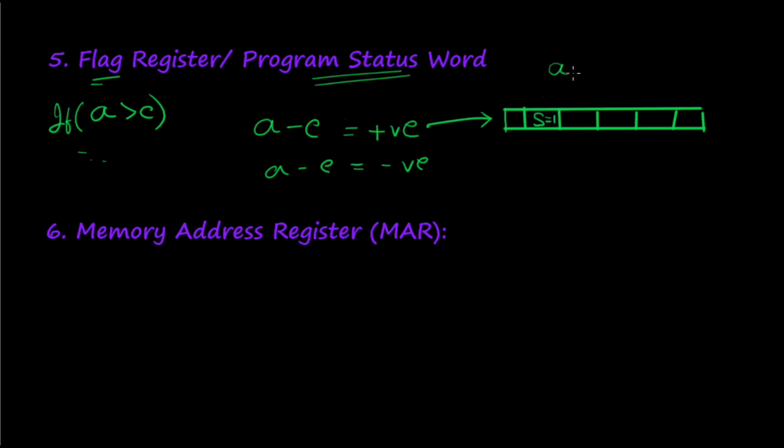Suppose in some cases it may also happen that when you are adding two numbers A plus B, and suppose the result is C, there may be an overflow. What do you mean by overflow? Suppose you are adding 4-bit numbers. If you know binary addition, that would be very easy for you to understand. So 1 plus 1 would be 0, carry 1. 1 plus 1 plus 1 is 1, carry 1. 1 plus 1 plus 1 is 1, carry 1. And this would be the result.